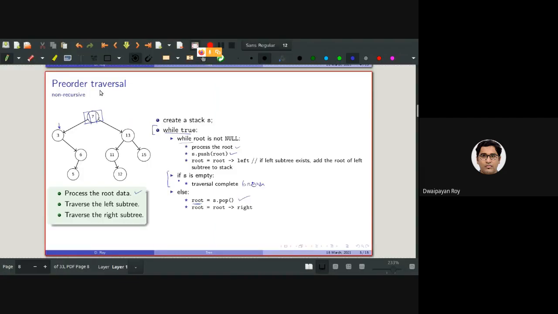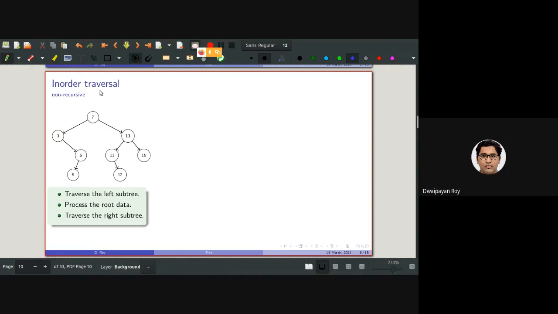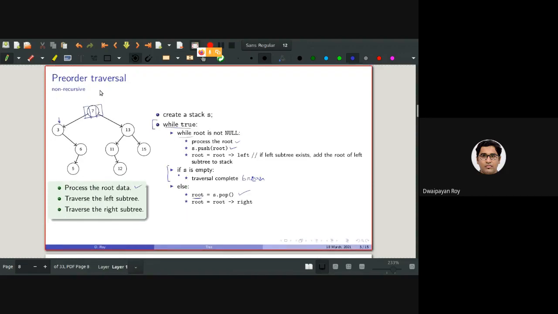Now let's move ahead. To make the in-order traversal, you can see that the pre-order traversal is accessing the root data, then the left subtree, then the right subtree, isn't it?